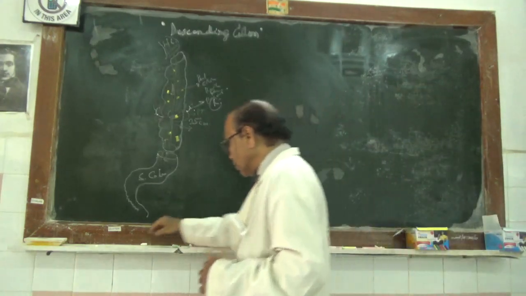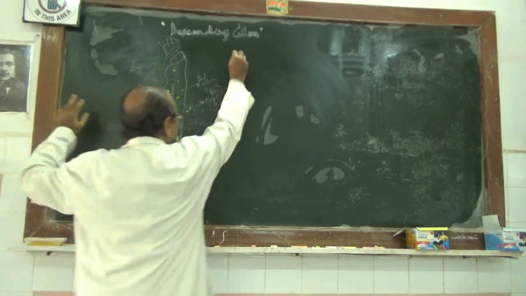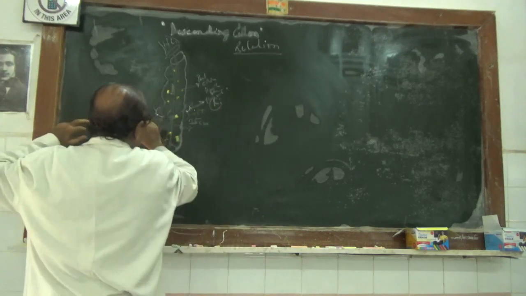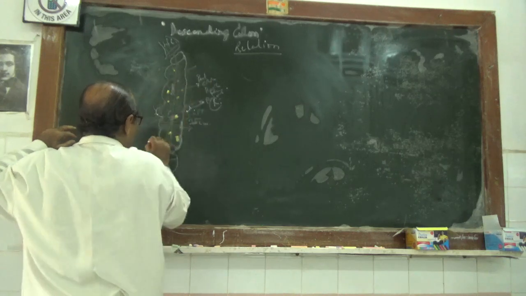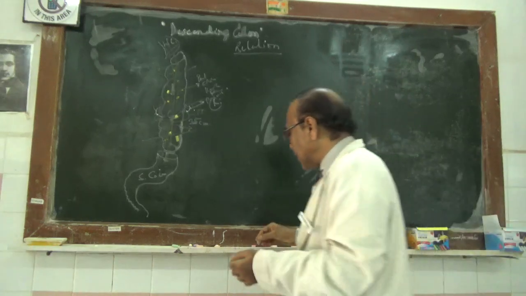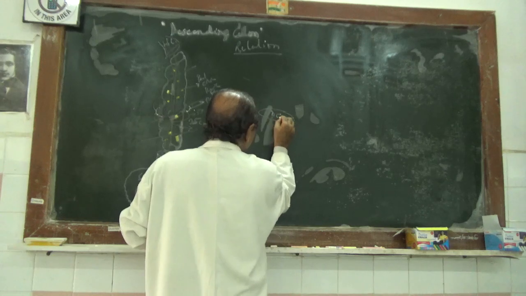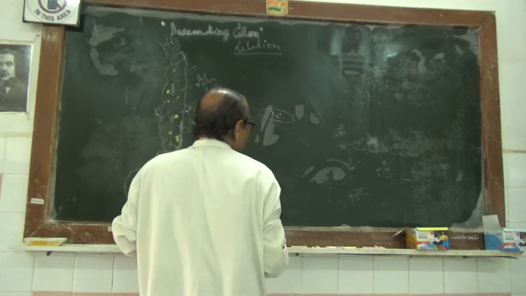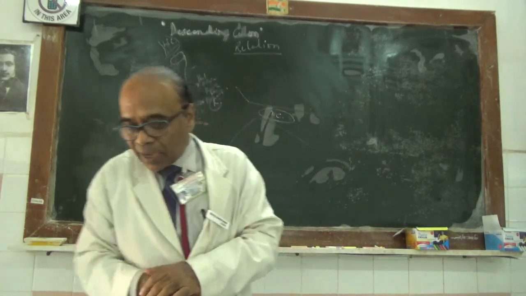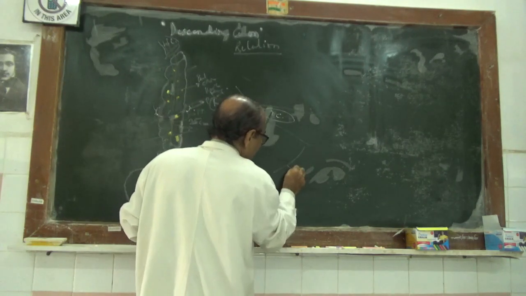Now let us come to the relations. Once you have taken this up, it comes to the relations talk. So you have to take the cut section either at the upper part of the descending colon, the lower part, or the middle. So the diagram will come like this. So this will be the descending colon. Now this is the way, this will be the posterior. Now let us see what is anterior. Now anteriorly it is related first to